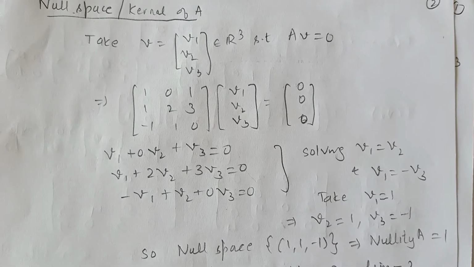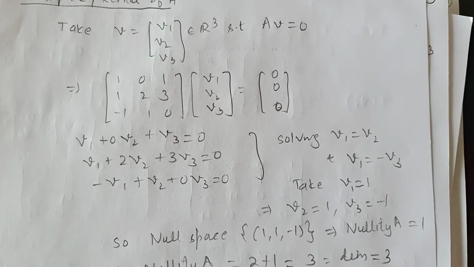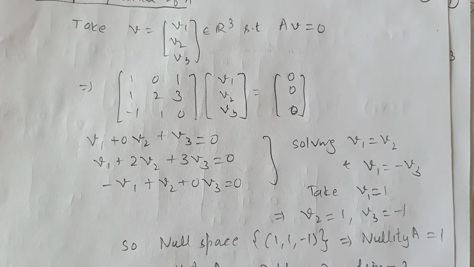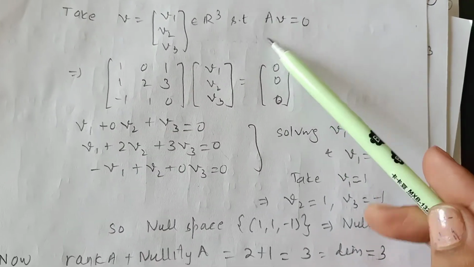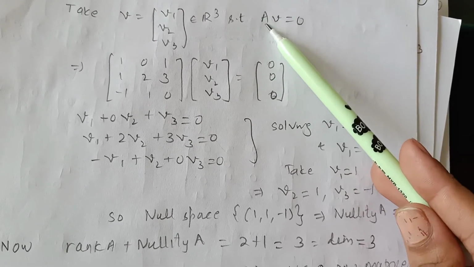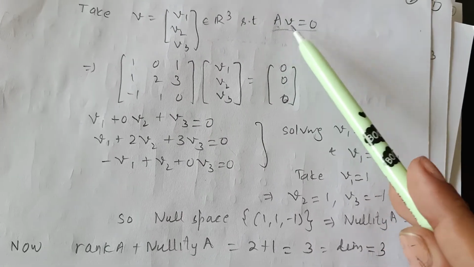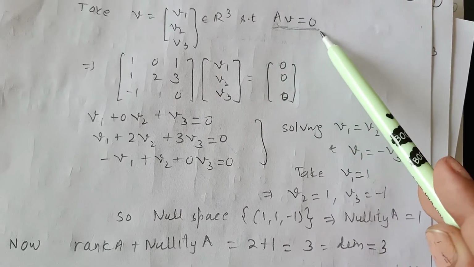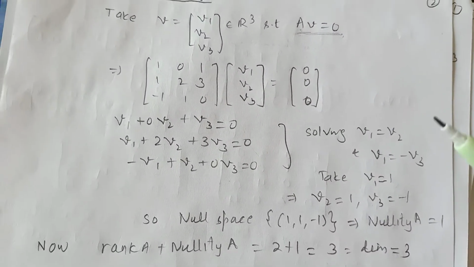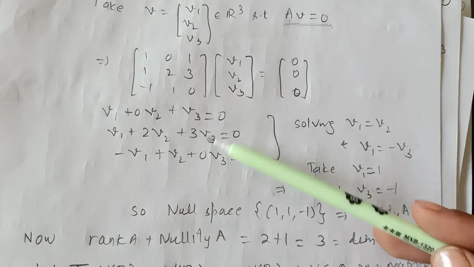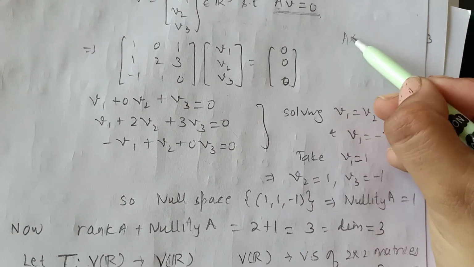Now let me show you how to find the kernel. Since the kernel is the set of elements in the null space, we are finding the null space. As per the definition of null space, they are those elements whose images under the given linear transformation are 0. Now I have only a matrix instead of a linear transformation. So I will find those elements, when I solve this system of homogeneous equations, and the solution obtained will give you the nullity. Again, you can solve directly by equations as I have solved, or you can solve it as a homogeneous system, Ax is equal to 0.